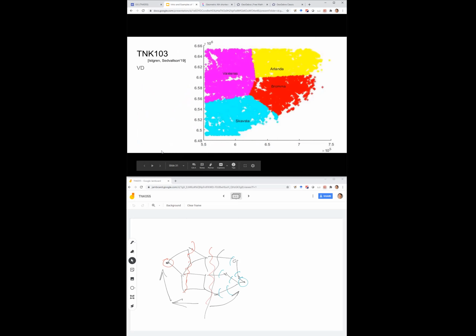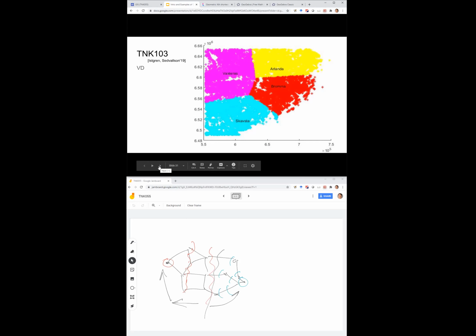Last example: I guess many of you, if not all, will be taking the TNK 103 course, the project course. Last year one of the projects was to do the catchment area for airports. The catchment area is the Voronoi diagram showing to which airport people from different areas go. They took the 4 airports in the Stockholm region and just did the usual Voronoi diagram, and you can recognize the shapes of the cells, with more or less straight boundaries.